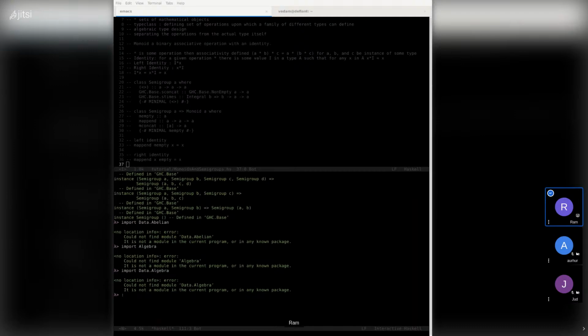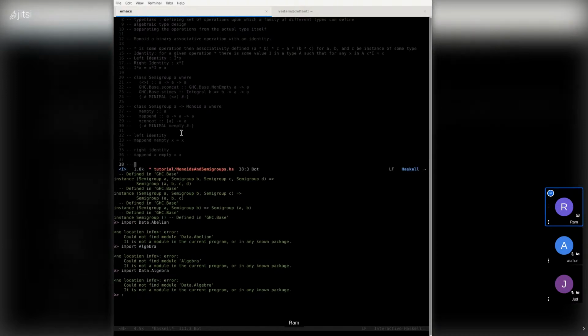If you look at the type definition for the monoid here, it doesn't actually provide an implementation, but the book says something particularly interesting, and I'm wondering if they changed this.